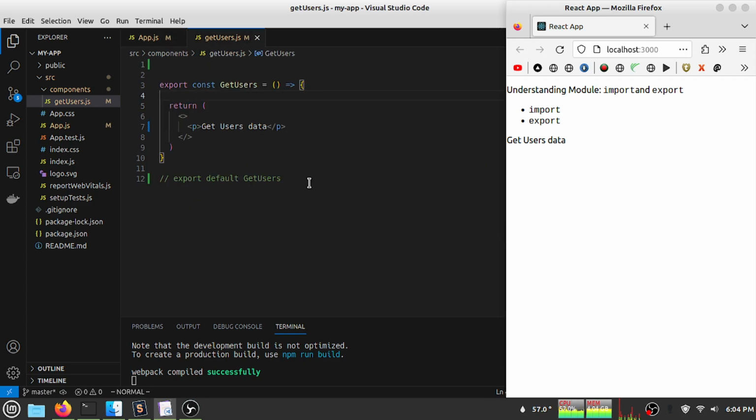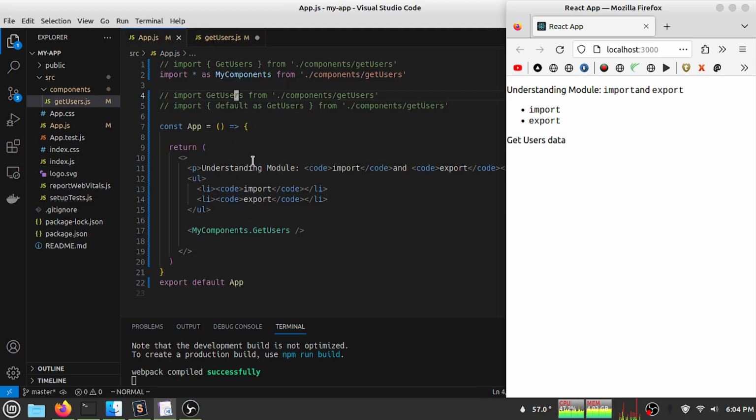Let's check out how we can use a mixture of both commands. So I am exporting this file and this component, and export default this component again. That means this is the named export and this is the export default. So if I go to my file, I can use either this way,